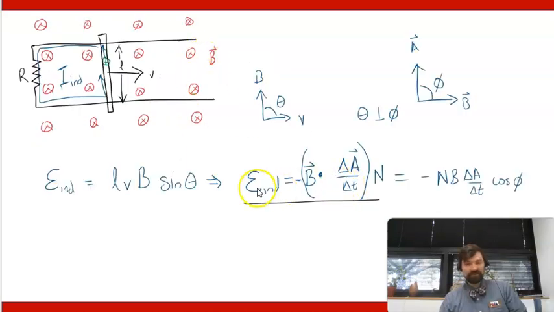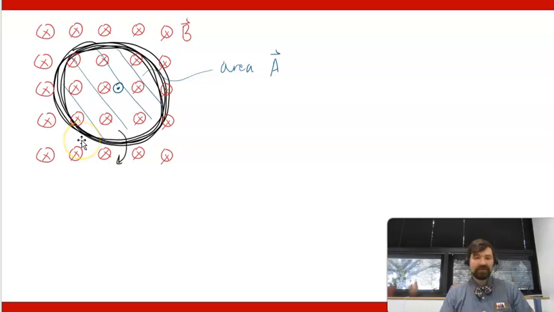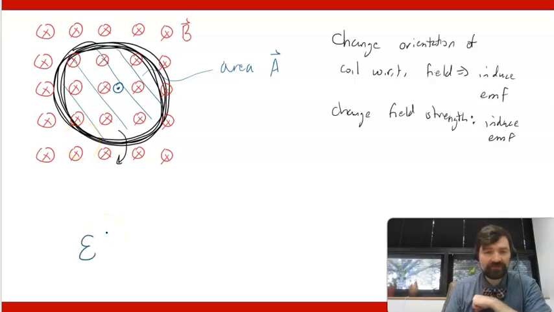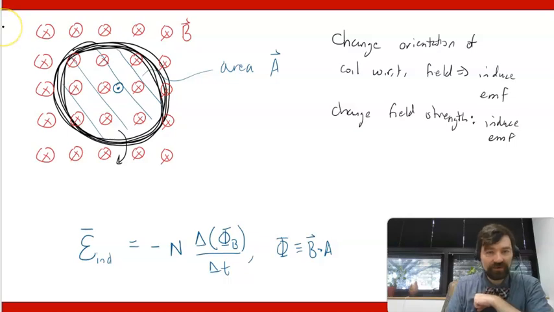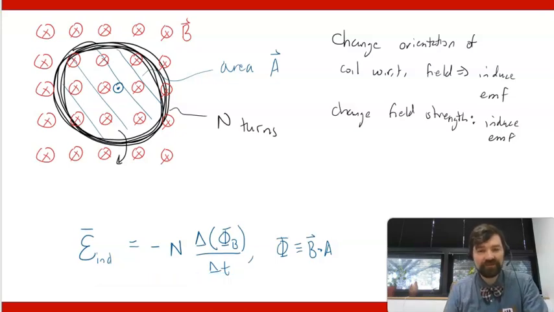If you put those two things together with the induced EMF also being the rate change of A over T, then what you end up getting is this. The induced EMF on average is the negative of the number of turns times the rate change of the flux phi B per time, okay? Where phi B, this flux, is simply defined as B dot A, and where there are N turns of wire, loops of wire in this coil. So this is what's called Faraday's law,